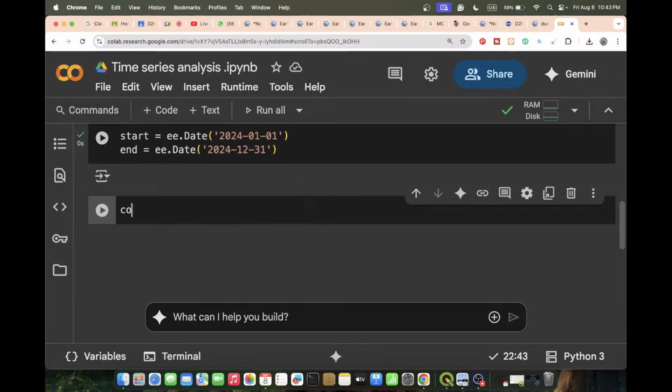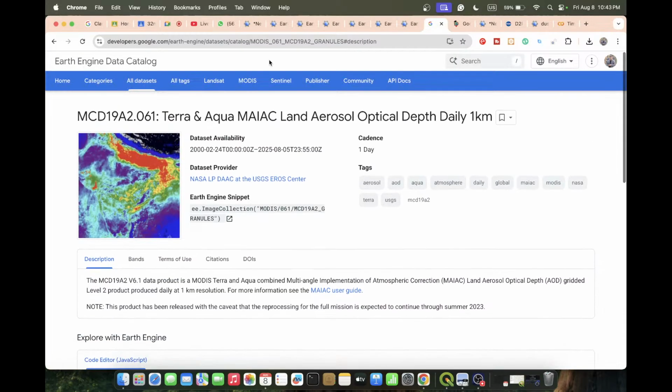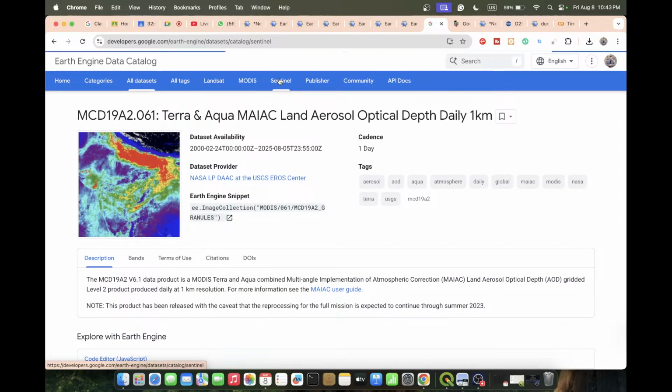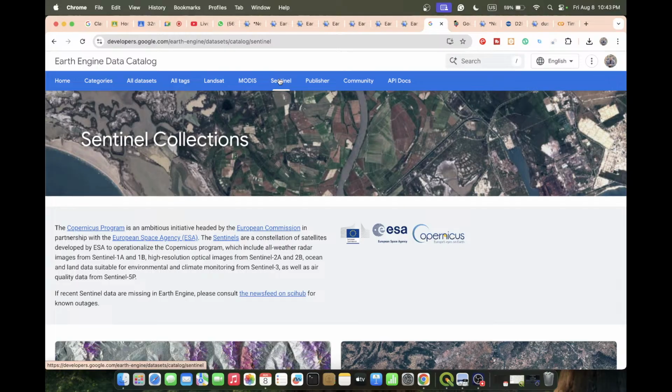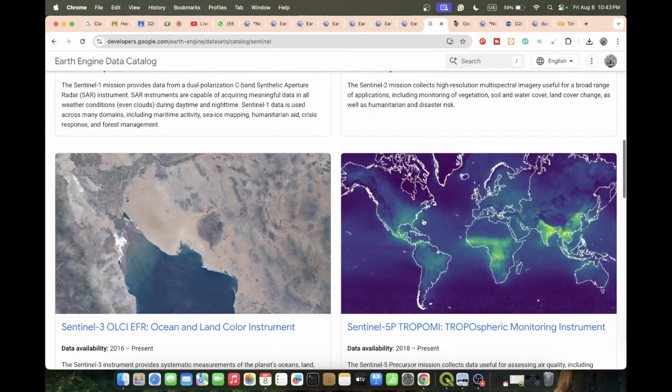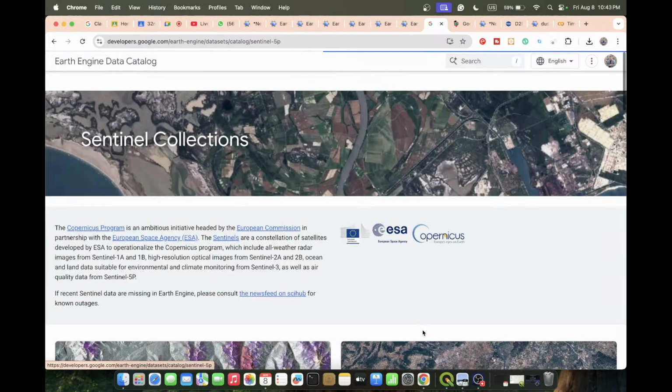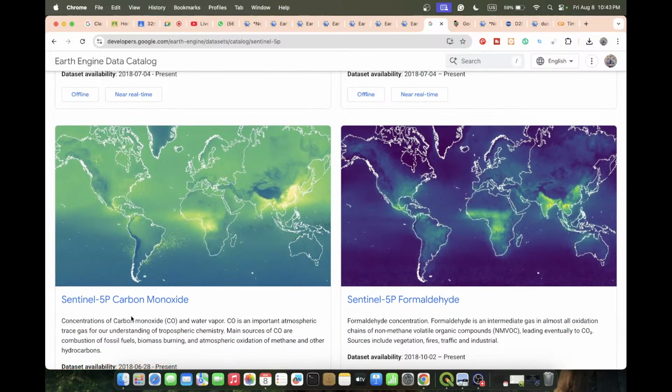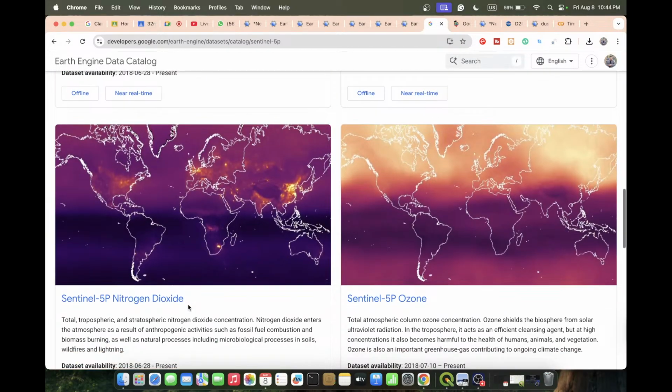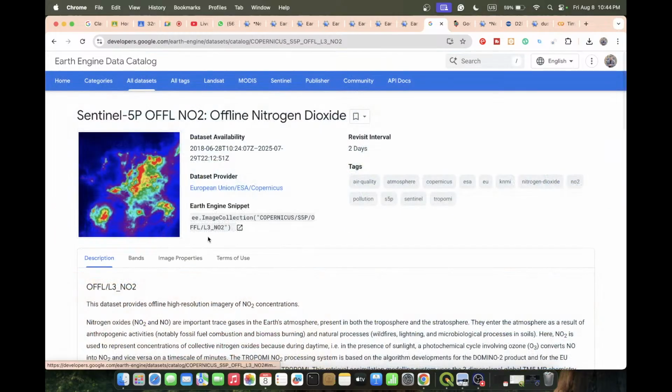Okay, so I take a variable, suppose collection. Suppose I want to work with nitrogen dioxide, so simply call the nitrogen dioxide data. I want to use offline data, so for that simply click on Sentinel again, and apply the Sentinel 5P. I want to apply the nitrogen dioxide offline data. Just copy the collection